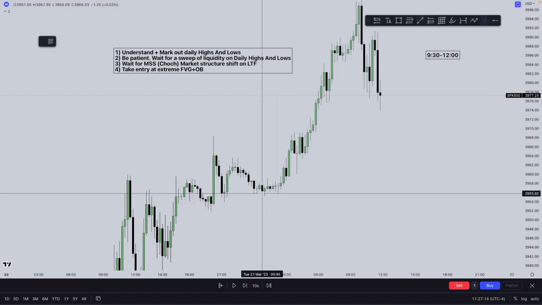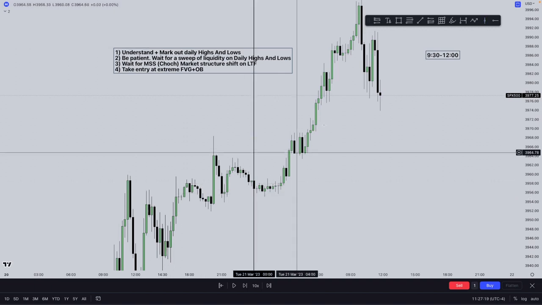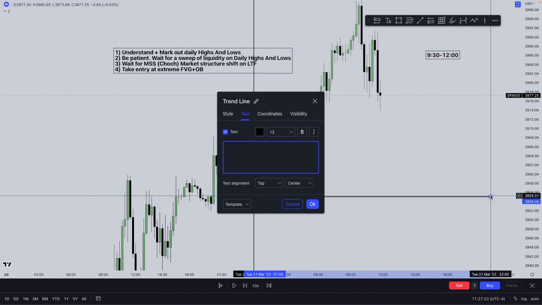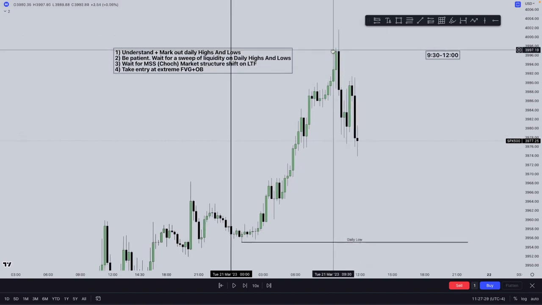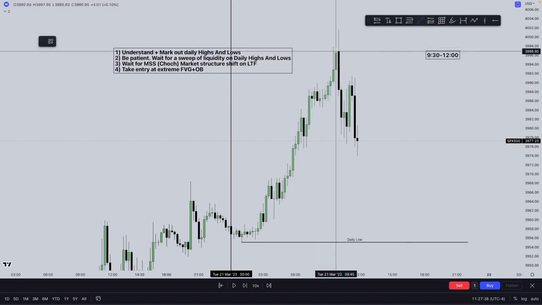So where market opened was at 12 o'clock, right here, and the daily lows are right here. So now let me mark this as daily low, and the daily highs are right here. So anyway, we start trading at 9:30, right? So 9:30 is when you start trading, and the highs are right here at 9:30 also. Boom, right here. Okay, so 9:30, boom, and this is what we call the daily highs,